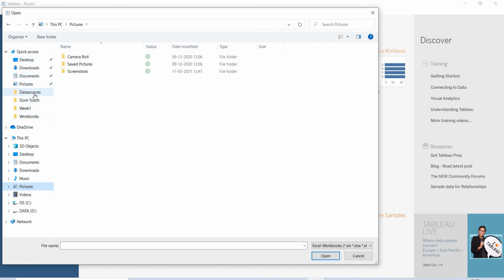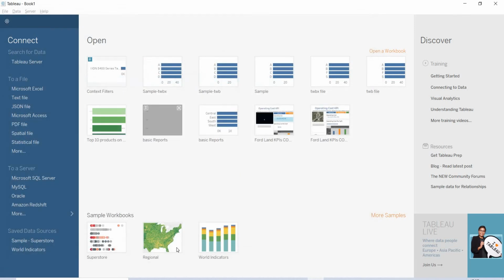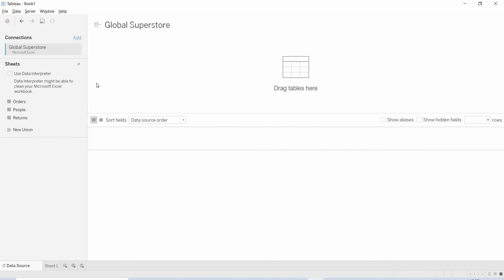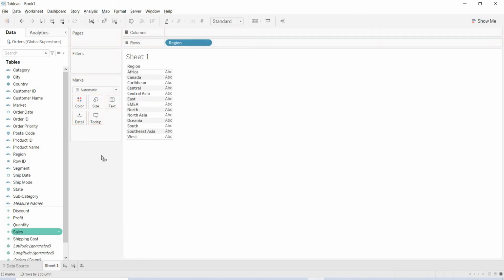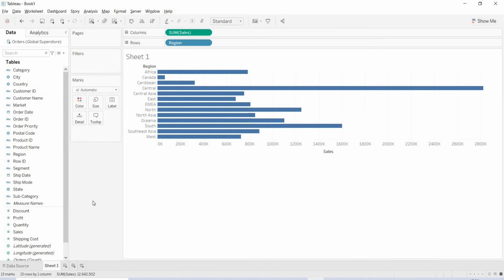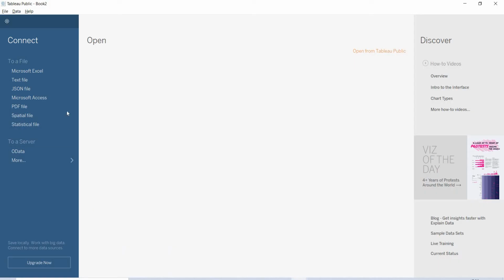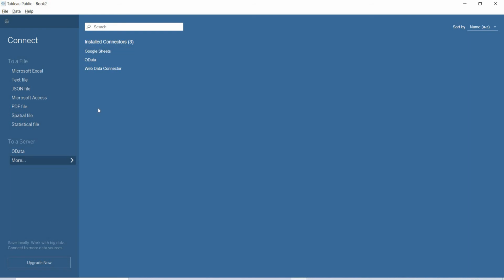And wherever I generated a report. So in Tableau Desktop, I generated this report. See here, when you are trying to connect to data in Tableau Public, the connectivity is provided to these types of flat files or only to Google Sheet. You cannot connect to any server in Tableau Public.